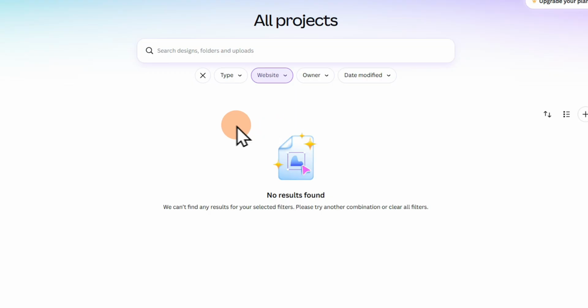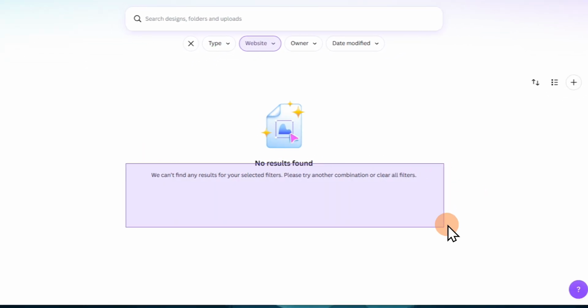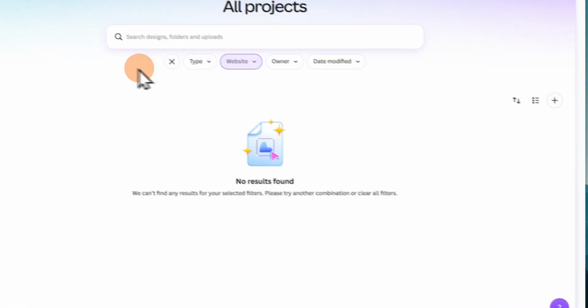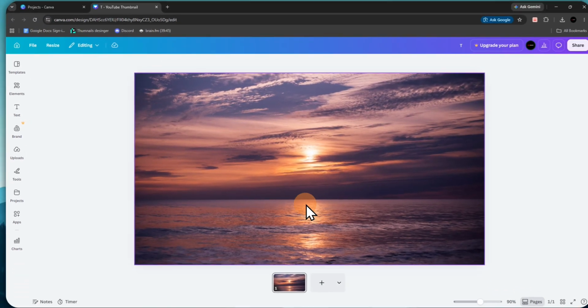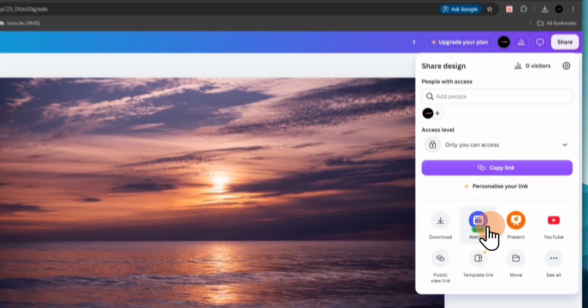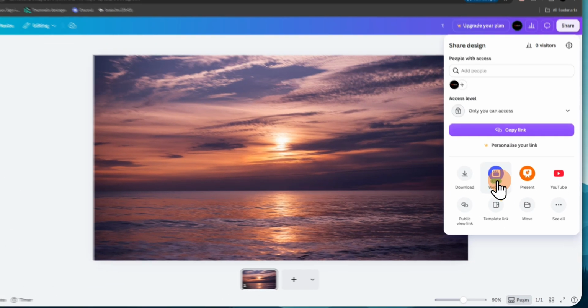Click on website. As you can see, in my case, the result is not showing because I have recently published the website. Okay, so I'm going to go to my website. As you can see, this image. Now click on this share icon and you will see your website like this live. You will see this option. Click on it